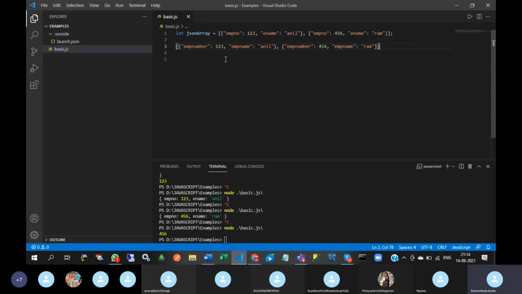Okay. So you need to change the logic like this. This is the input and this one is the output. How to change this input to output? How to write the logic? Anybody knows?